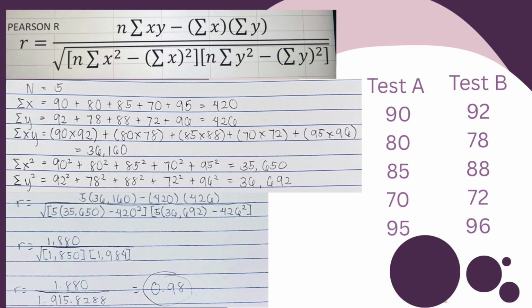We then add up simple totals. We have to compute totals because the correlation formula needs the sum of A scores, the sum of B scores, the sum of each score squared, and the sum of the product of each pair. So from the data, the summation of X is 420, summation of Y is 426, summation of XY is